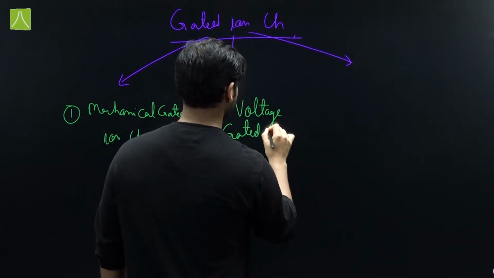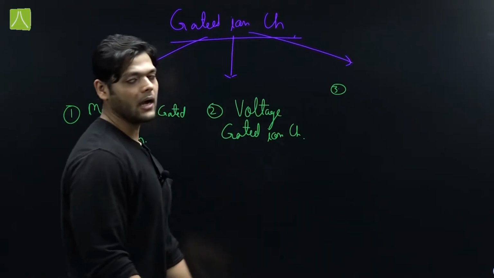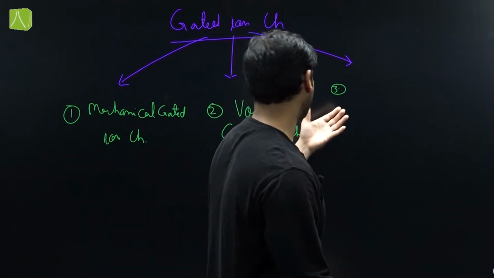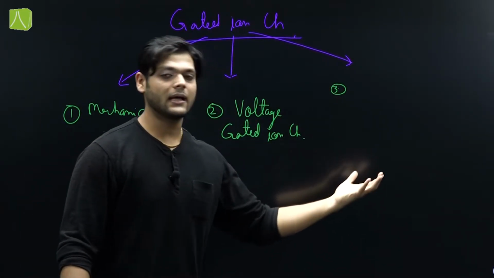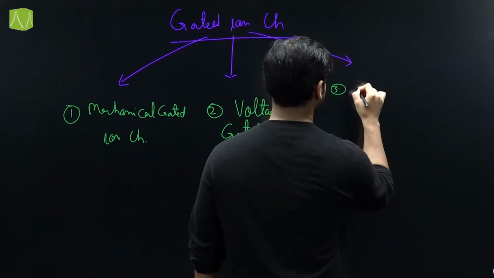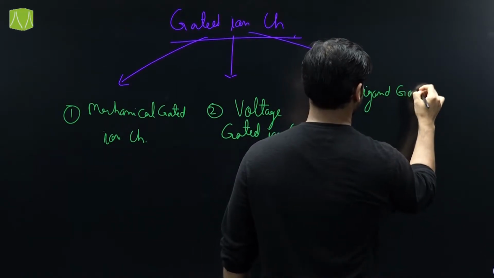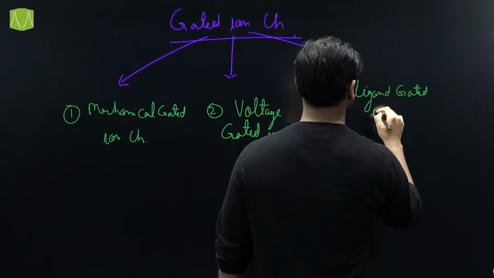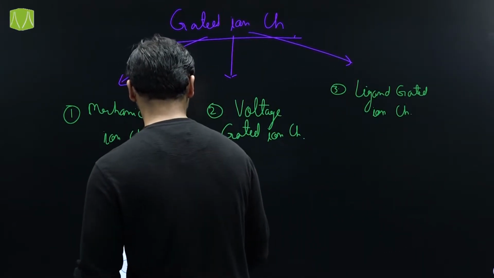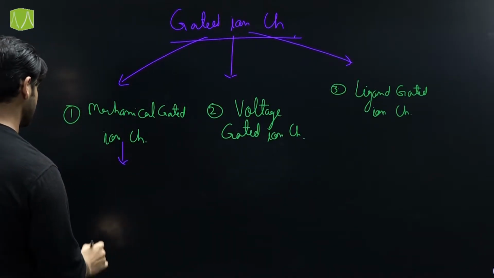voltage gated ion channel. And last one is ligand gated ion channel. Only if a specific ligand bind with these ion channel, these ion channel will be open, otherwise they remain closed. So we can call them ligand gated ion channel. And if we want to understand it more, we can write here the specific condition: